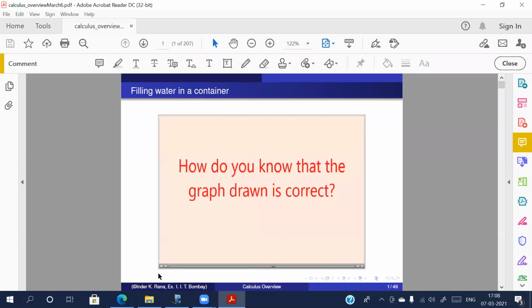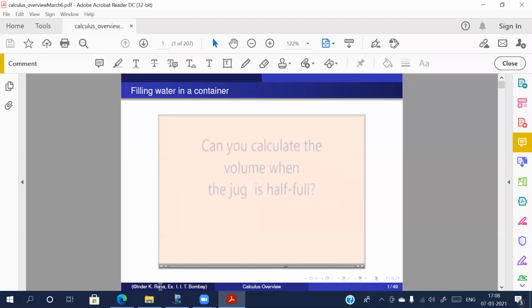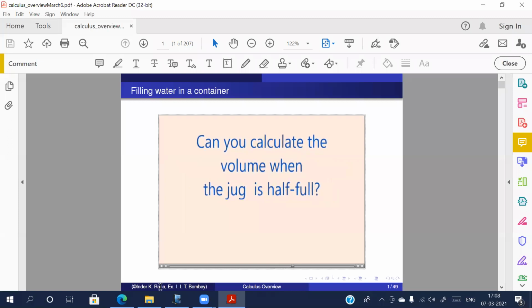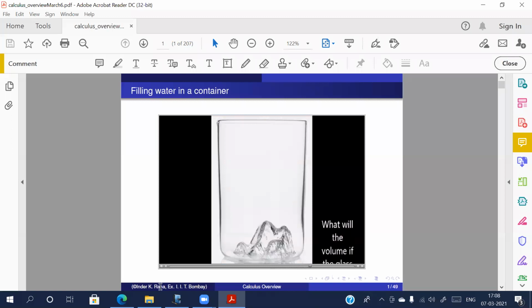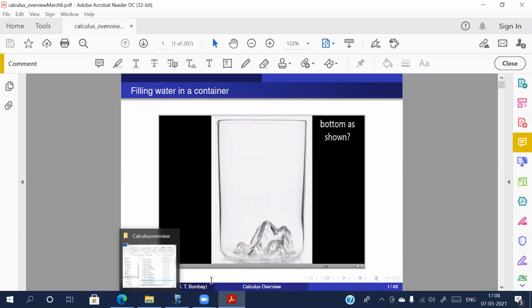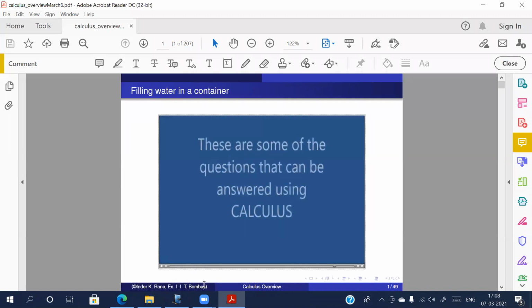So naturally the question arises, how does the software, or whichever way it is done, produce a graph that is a straight line? Can we justify it mathematically? That is one question we'd like to find an answer to. And can you calculate the volume when the jug is half full? When it is half full, how much water is inside? Or what is, if the shape of the glass